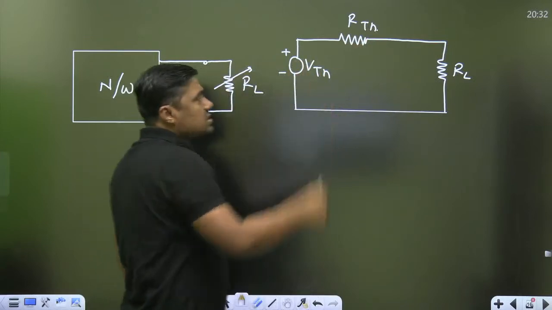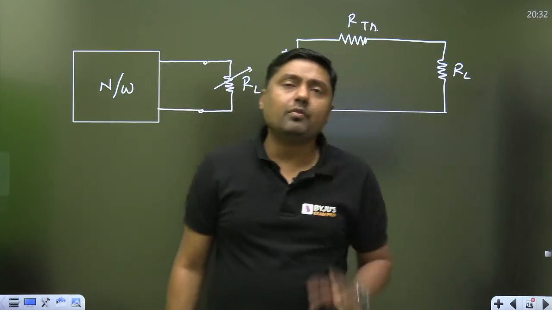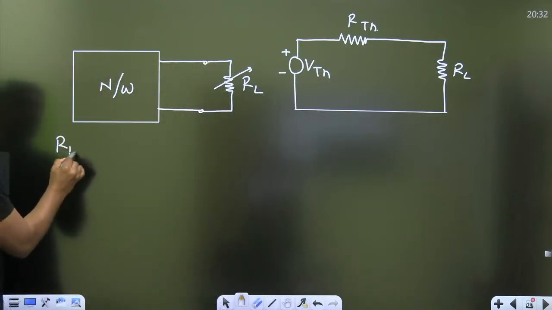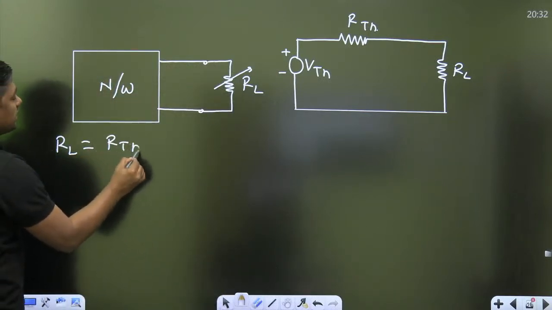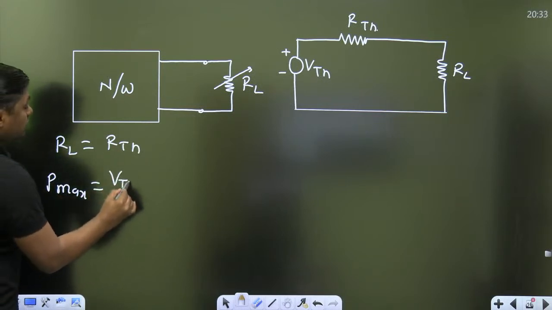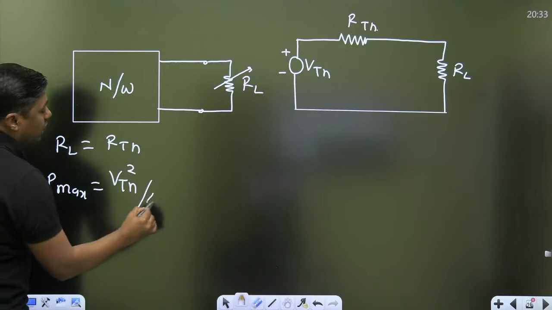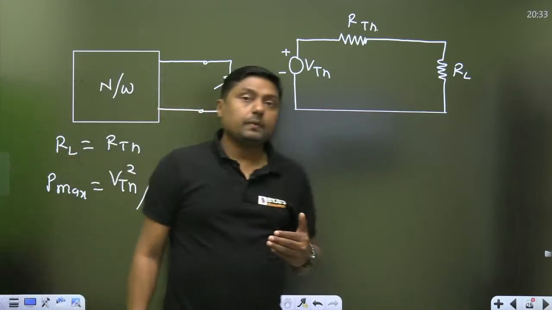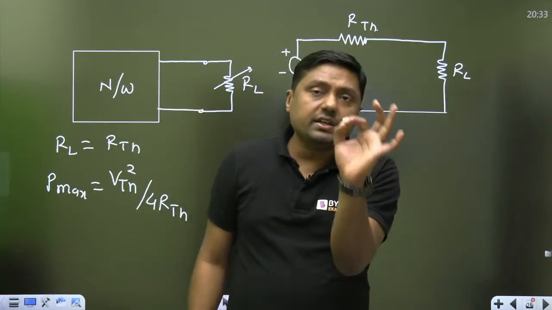So according to the maximum power transfer theorem, what should be the value of RL? RL should be equal to RTH. And what will be the maximum power? Maximum power is given by VTH square by 4 RTH, right? But what if RTH is